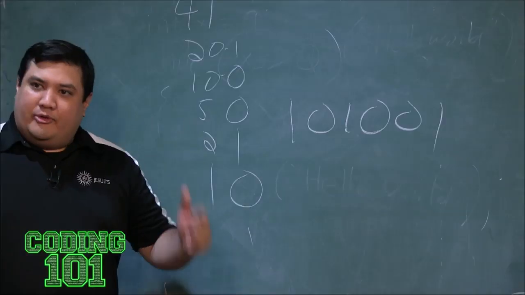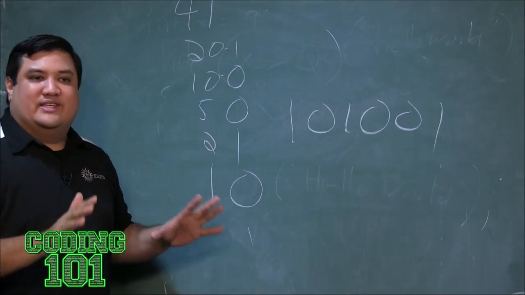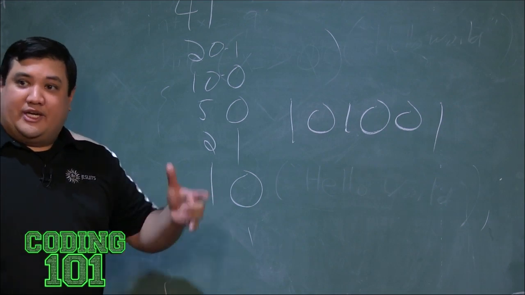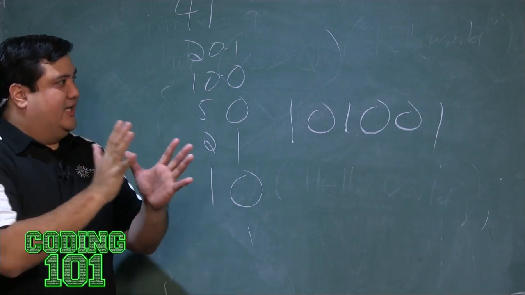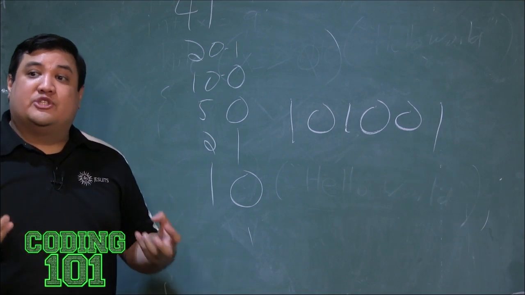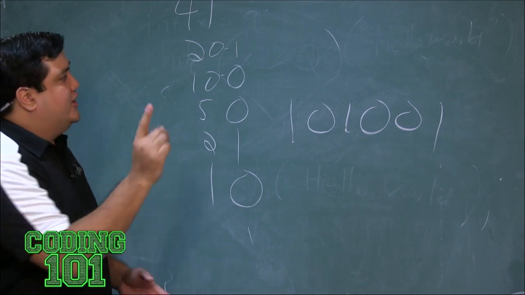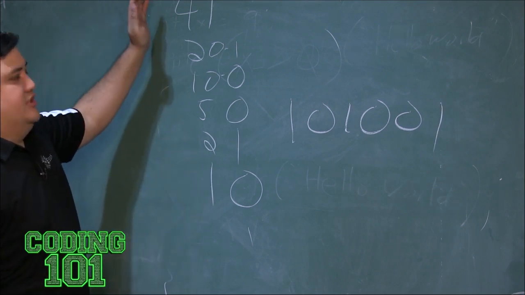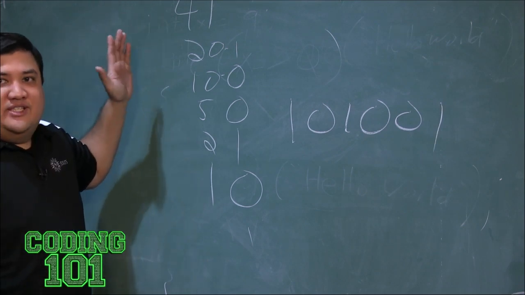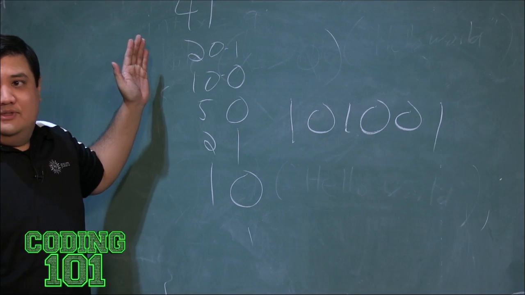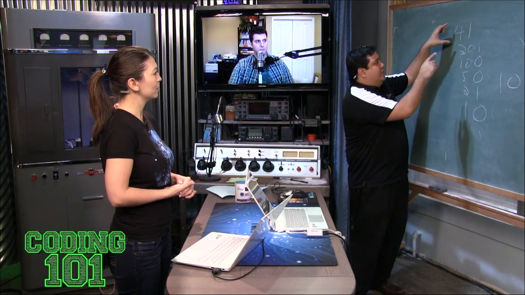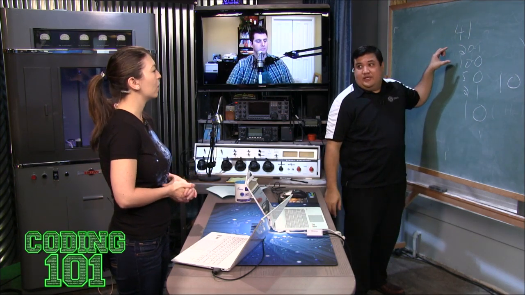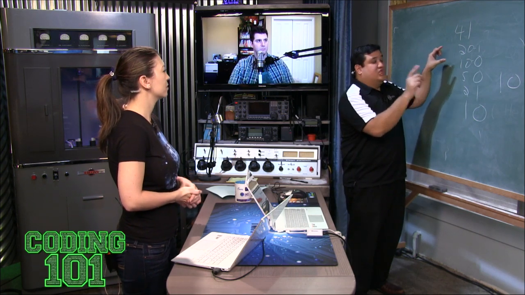Now, remember last week, you helped me to break this down into machine language. Because everything in programming is about taking a real-world problem and turning it into something a machine can actually understand. If you were going to break this down, what would you say the process would be? So we start with a quotient of 41. We need to tell the computer to do what? If we start with 41, we have to tell it to divide by 2, right? We divide it by 2, and then we say check.